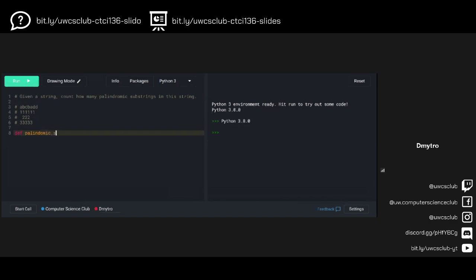Yeah, so the idea, let's say this is count palindromic substrings, to be very verbose. There's a string that's the input. Let's call it S, actually, for brevity. And then the idea again is, I guess you would